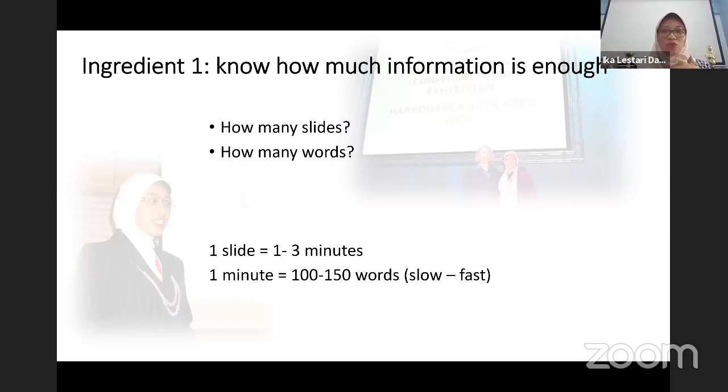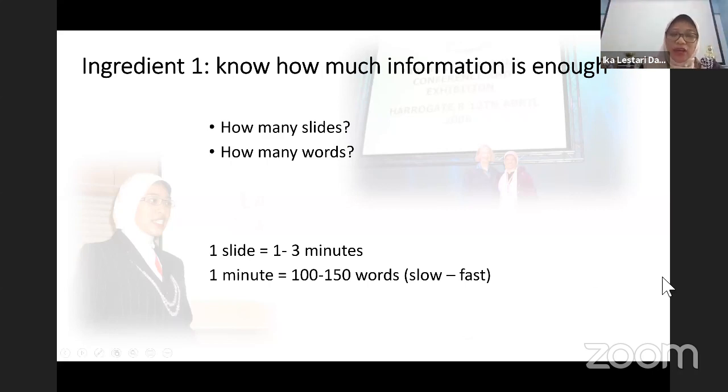I want to make sure that you agree with my idea, that you are convinced, that you know my research is significant and important. If I speak too fast, maybe no one can really get what I said. But the problem is, sometimes when I try to speak slower, I have a tendency to lose what I'm going to say. So it's quite tricky.